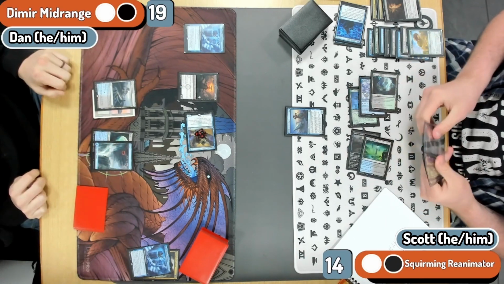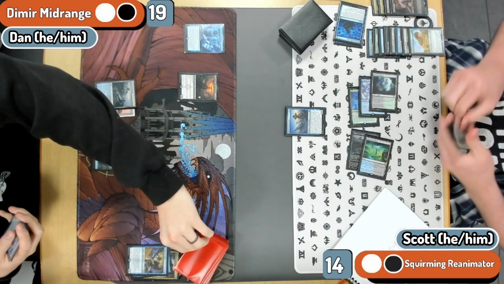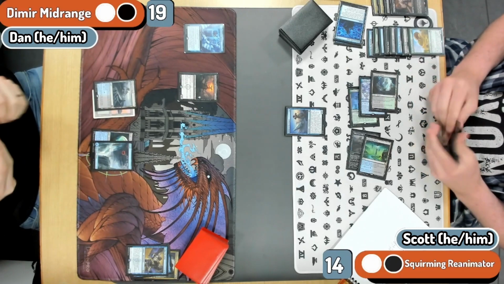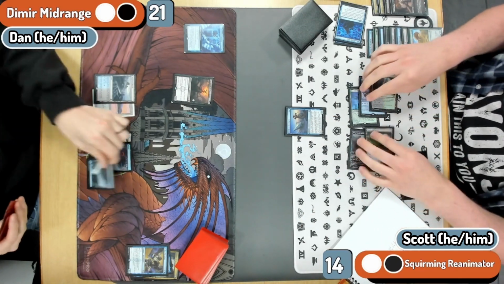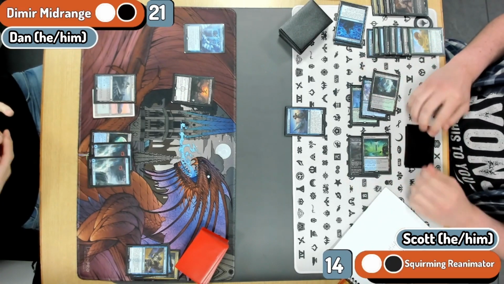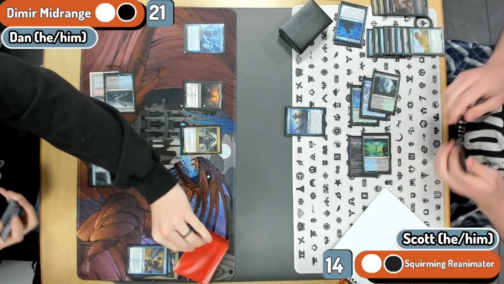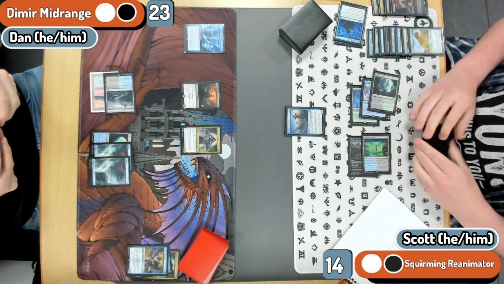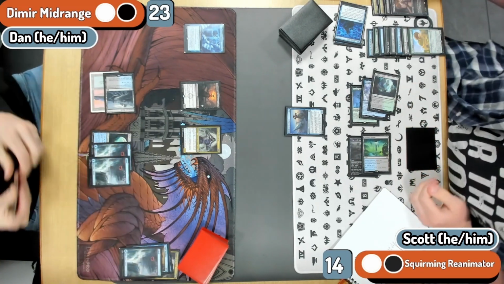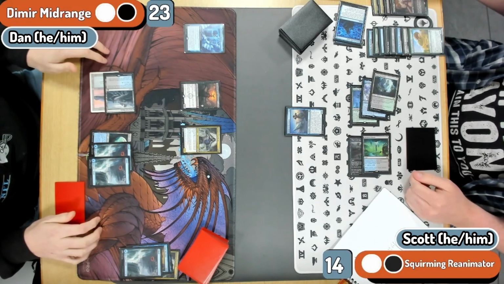It looks like Scott just has an Atraxa and Long Goodbye to deal with the Shredder. Now, Shredder is probably just going to be blocked by the Falaji. Yeah, Long Goodbye to deal with the Bird Advisor. And we do know Dan has Negate in hand. Now, if he decides to keep that open, that's only going to effectively prevent Scott, unless he has a duress effect, from being able to cast Squirming Emergence safely